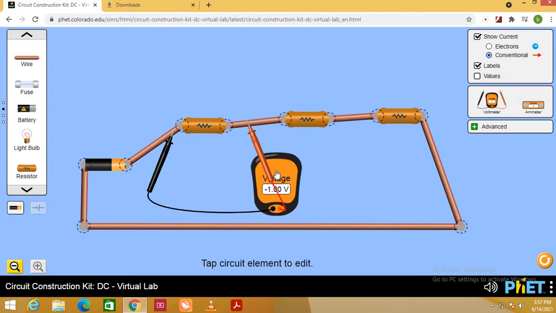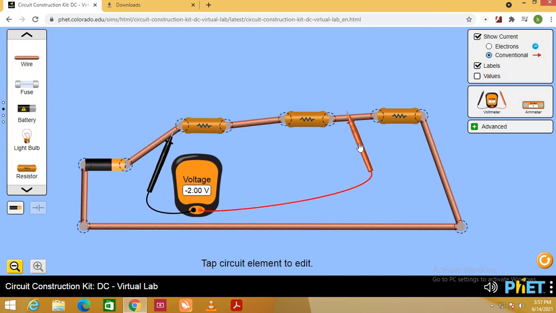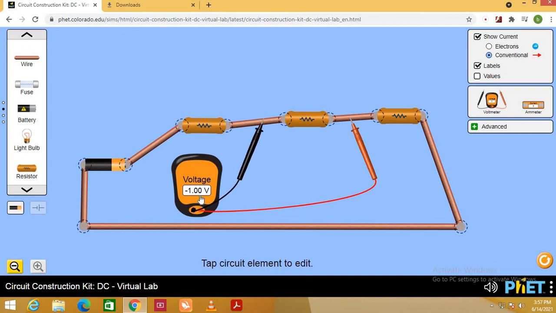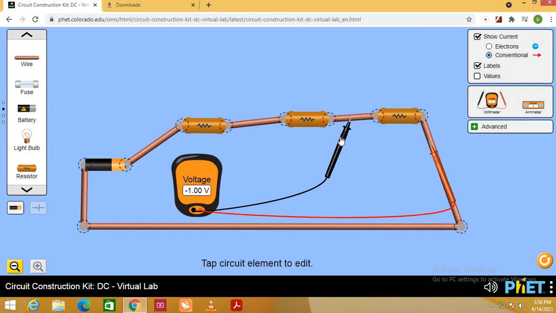So this is 1 volt, and if I measure across this resistor, resistor 2, it is also 1 volt, and the minus indicates it is the opposite. This is also 1 volt, and here it is 1 volt. So this is 3 volt minus 1 minus 1 minus 1. What is 3 minus 1 minus 1 minus 1? It is equal to 0. So the algebraic sum of the EMF in a closed path is 0. If I take it across this point and this point, it is 0. Hence the KVL law is proved.